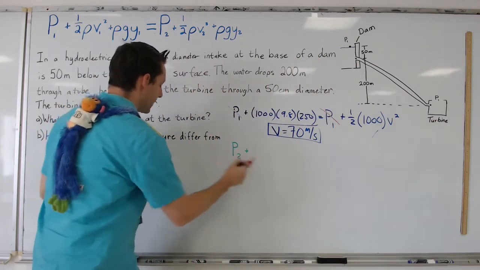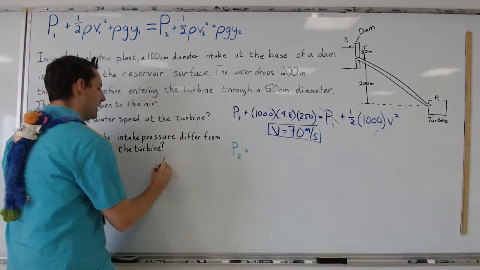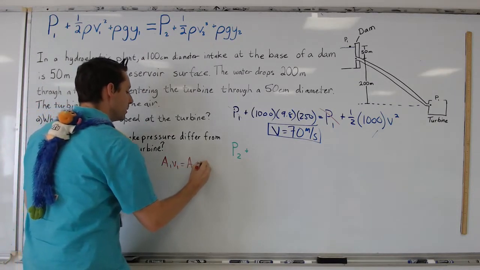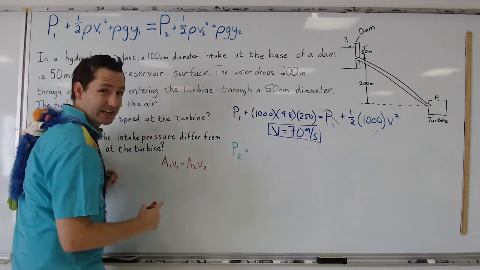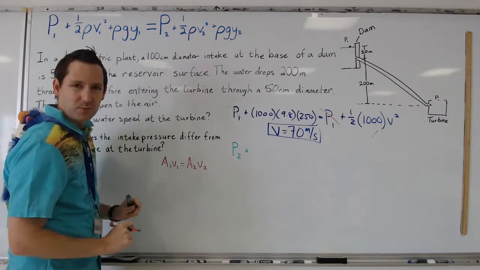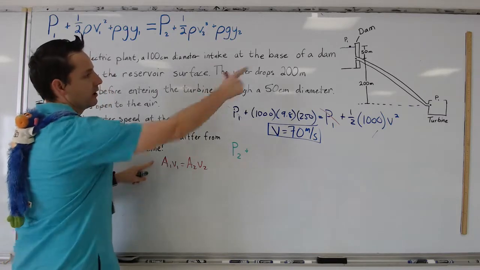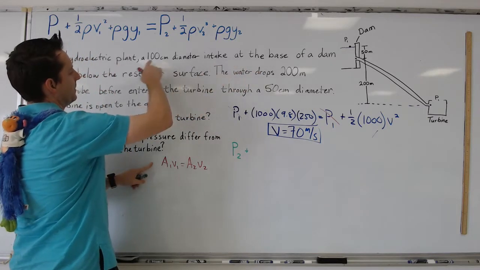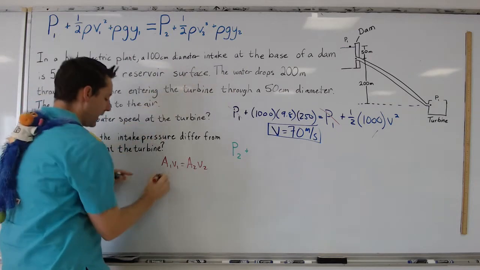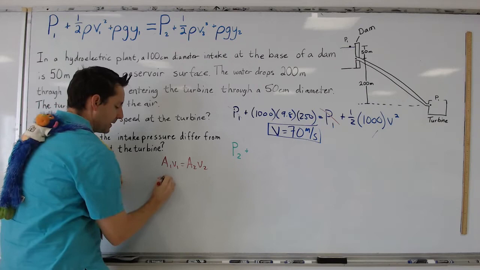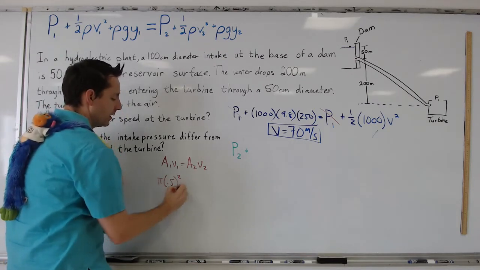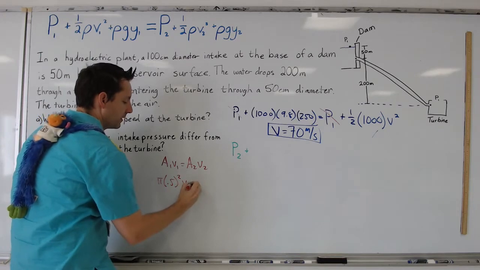I'm going to go over here. I'm going to say, oh yeah, I need my area 1 V1 to equal area 2 V2. So we are still going to use this. We're just using it in a different time, a different place than we did before. So area 1, remember that the diameter of that was 100 centimeters. So the radius would be 0.5. So that would be pi times 0.5 squared, pi r squared, times V1, that's what I'm solving for,